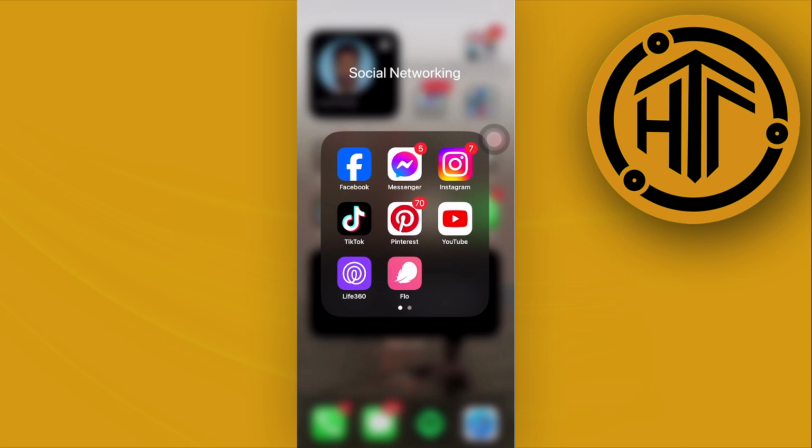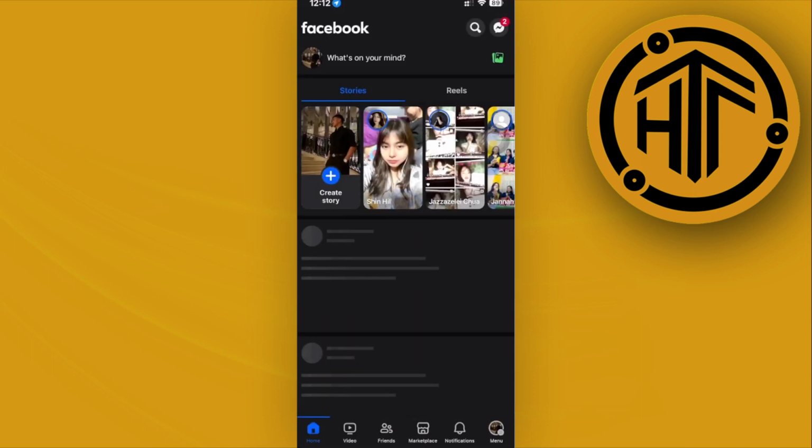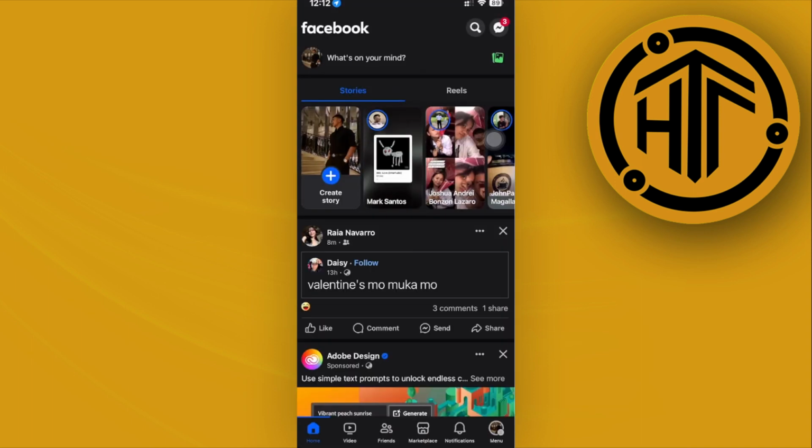In order for us to accomplish this, of course, we do need to make sure of a few things. Number one is we are currently using the latest version of the Facebook application. Once you have that down, let's launch the application real quick, and then proceed to posting a story over on your Facebook story. So basically the limit is around 20 to 30 seconds,